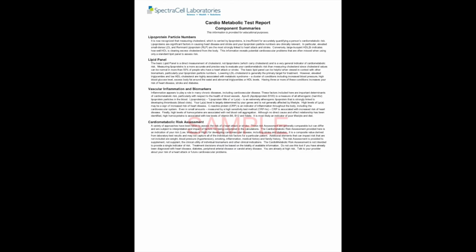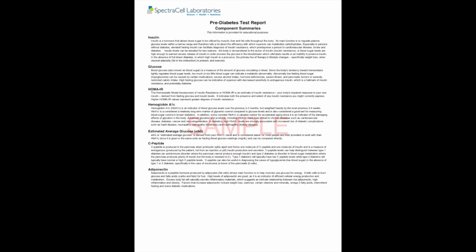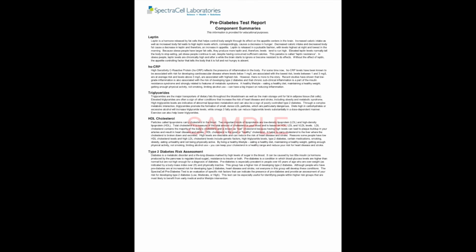What I see over and over is that the glucose and hemoglobin A1C may be fine, but the fasting insulin and this other marker, HOMA, is creeping up and creating insulin resistance, or insulin resistance is starting. These are much more sensitive tests, which means we are catching imbalances earlier and we can be much more proactive in our health. This is why the Cardiometabolic panel from Spectracell is a cornerstone of my practice, and it should